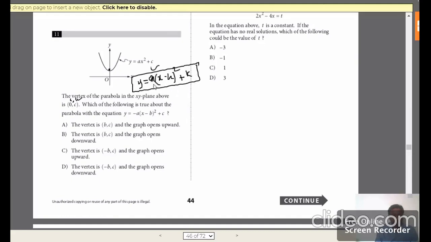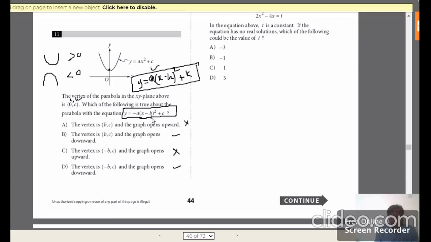And this a that is outside the bracket represents whether the parabola opens upwards or downwards. So basically, if it is positive, it is upward. It opens up. When it is less than 0, negative, it opens downwards. So just check. And now we don't have to look for this one. They have given similarly this equation of the parabola, and here my a is negative, so it means definitely it has to be downward. So upward options go. You just have to check between these two which one is the option.